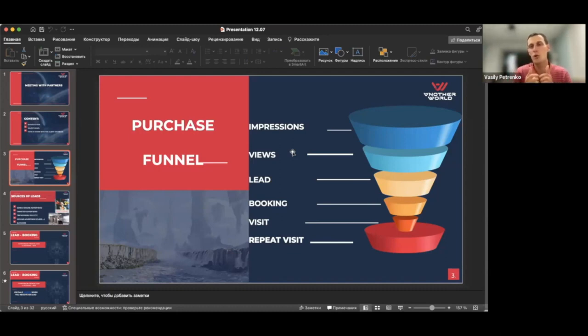But if you don't know how to work with those leads, how to call them, how to text them, what to do with those leads, all those million potential customers will stay as leads. They will not book, they will not visit. You will just invest 1 million into nothing, right?